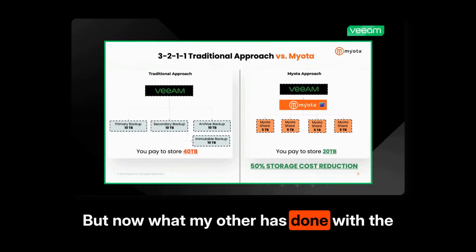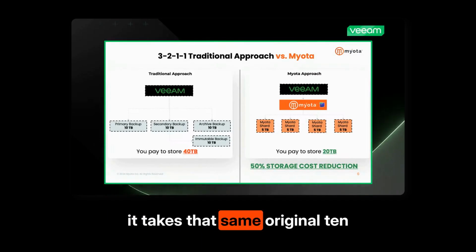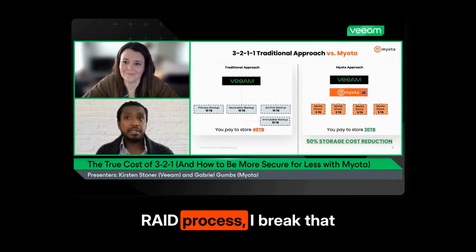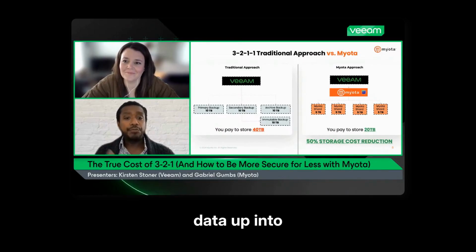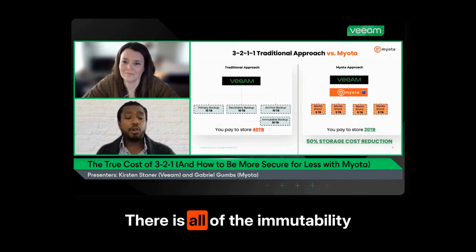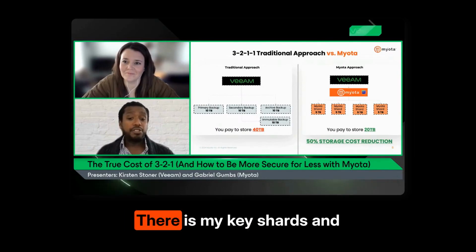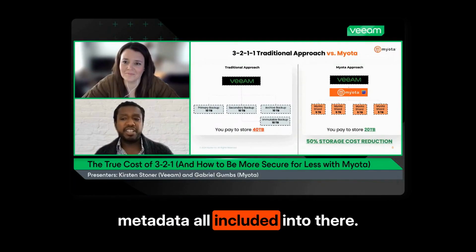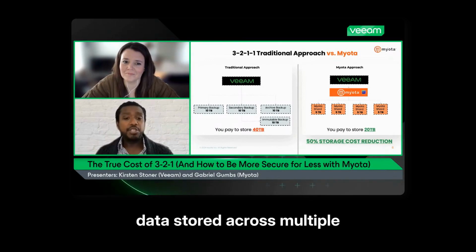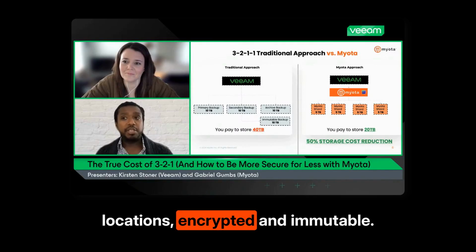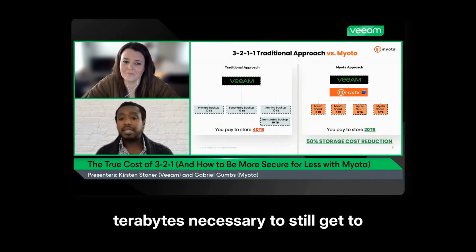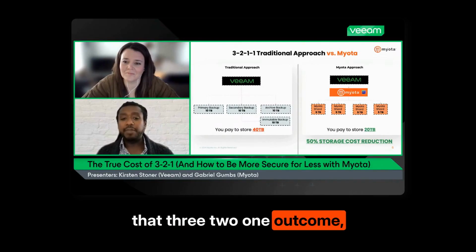But now what Myota's done with the shard and spread process is it takes that same original 10 terabytes of data and, not too dissimilar from a RAID process, I break that data up into 4 smaller pieces. There's some parity information included in there. There is all of the immutability information included in there. There's my key shards and metadata all included in there. And now what I have is a total of 20 terabytes of data stored across multiple locations, encrypted and immutable. But as you can see, I'm only using half of the terabytes necessary to still get to that 3-2-1 outcome,